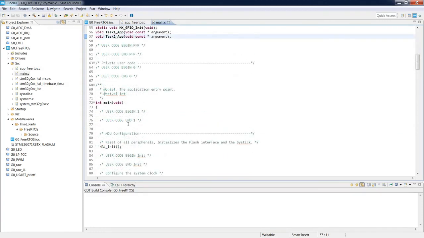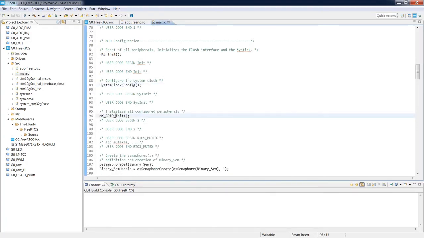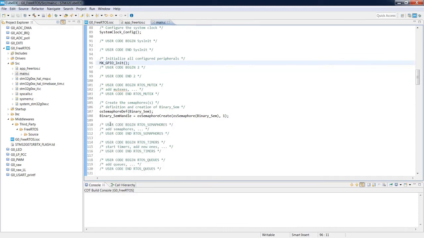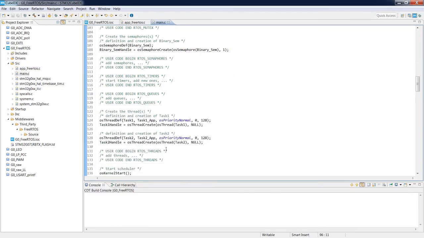Within the main, you can see that we're starting with HAL init, clock configuration, GPIO init, and all the peripherals which we would like to init would be in this area. Then below, we can see the preparation of the components of the operating system which we have added, for example, the binary semaphore and tasks.